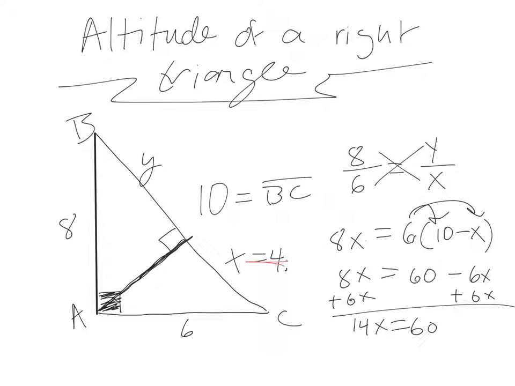So we know that x is going to equal 4 point something, and then I can use the same strategy of subtracting from 10 since I know that's the entire segment length. So in theory, y should be 5 point something, and again, I don't have a calculator, so apologies. That's just an example of how to use an altitude,